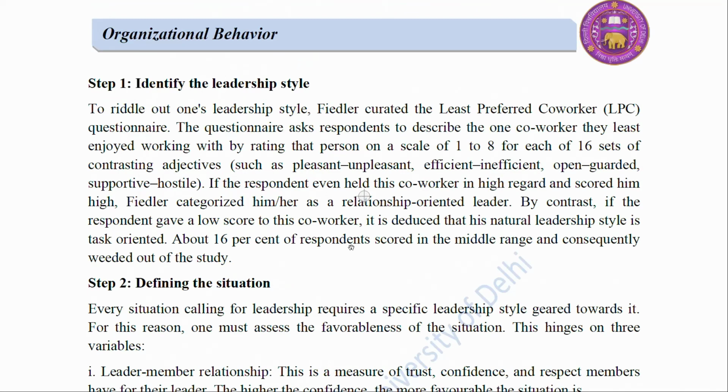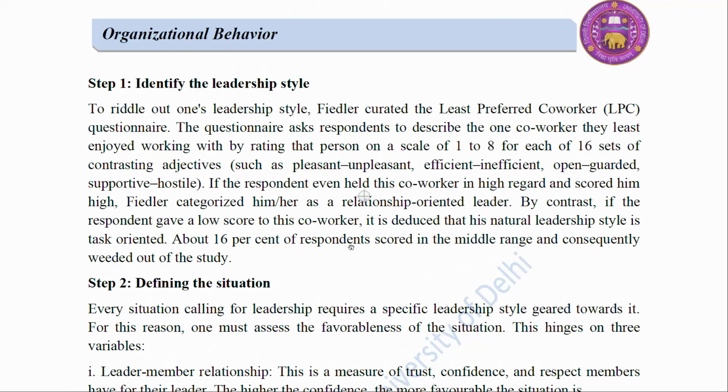Steps for application of the model. Step 1. Identify the leadership style. To riddle out one's leadership style, Fiedler curated the least preferred coworker questionnaire. The questionnaire asked respondents to describe the one coworker they least enjoyed working with by rating that person on a scale of 1 to 8 for each of 16 sets of contrasting adjectives such as pleasant, unpleasant, efficient, inefficient, open,